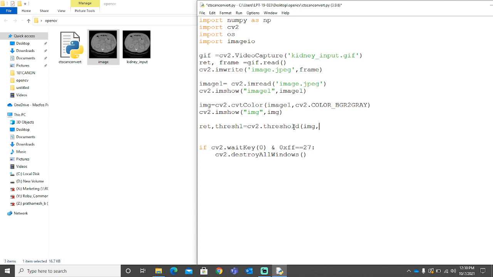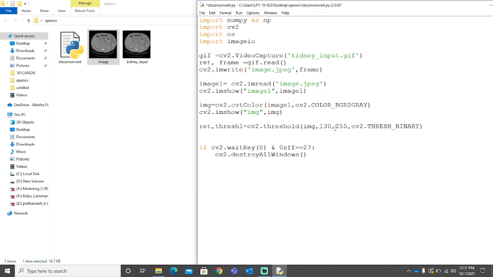We know that an image is made up of several thousand, millions or hundreds of pixels, depending upon the size of the image and its resolution. So what we need here is numbers which can separate 0 from 1. Basically it says that if the number is below this, it is considered 0, and if it is above this, it will be considered 1, and then we'll be giving thresh binary.